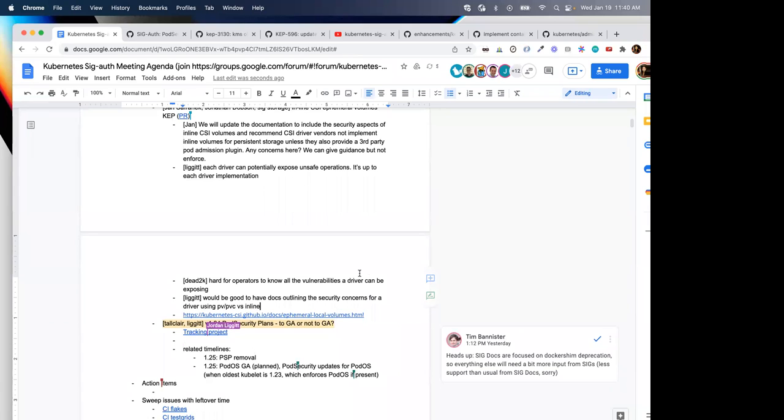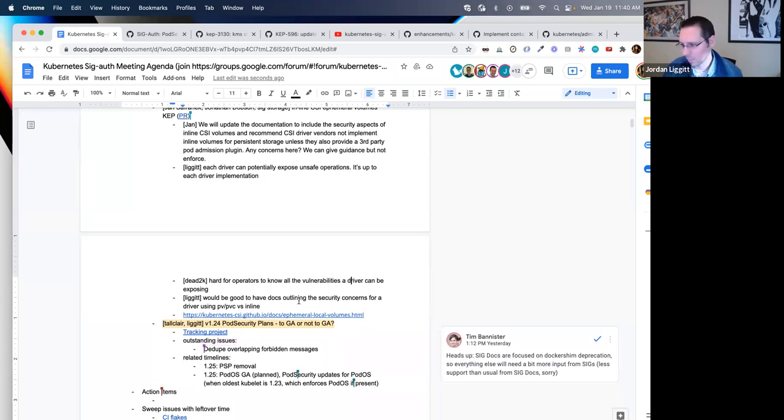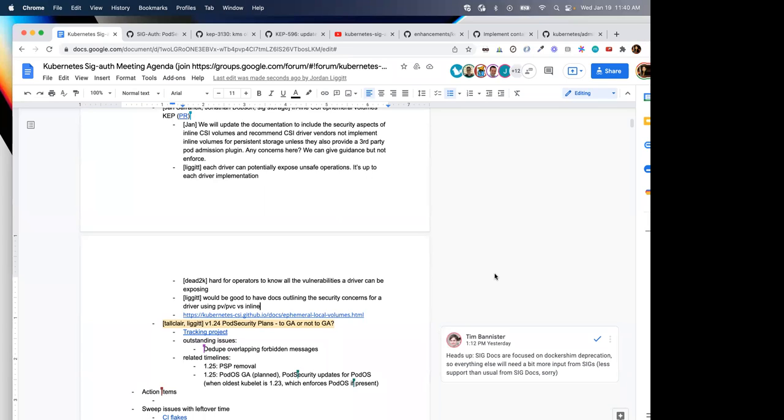So maybe as a conclusion, the recommendation in the pod security standards about inline volumes still holds. Kubernetes will not provide any policy, and we will just update documentation and provide guidance about the security. Is that correct? That matches my expectation. And I think we already had issues filed for the drivers that we knew of that were making use of inline functionality with problematic exposure.